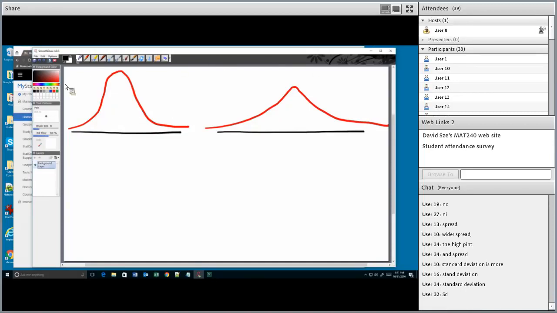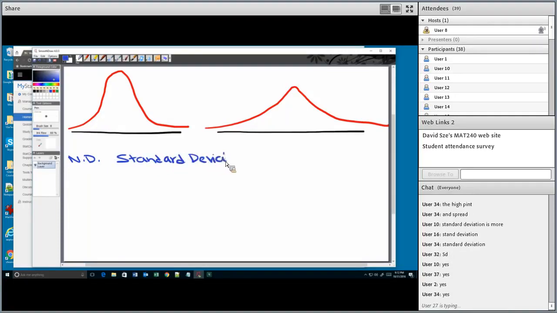So would you agree with me that a normal distribution should have a standard deviation? So that we can visualize and even do some calculations when we have a normal distribution. You all agree with me, right? Very good. You agree that the normal distribution should have a standard deviation. Excellent. Do you also agree that there should be some